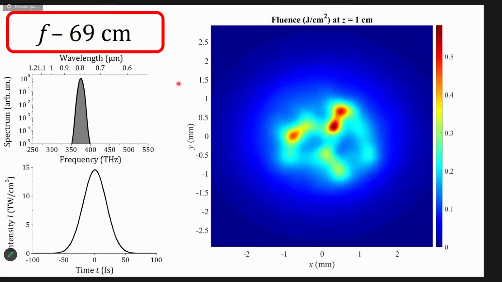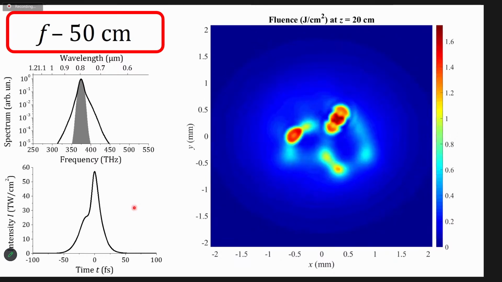There will be quite numerous slides where we'll have a look at the fluence of the beam, at the temporal shape of the field at the point where the maximal intensity is attained, and at the spectrum of the radiation at this particular point as well. So we start with going 50 centimeters before focus,